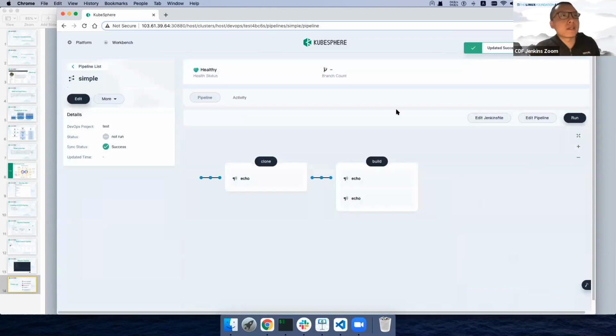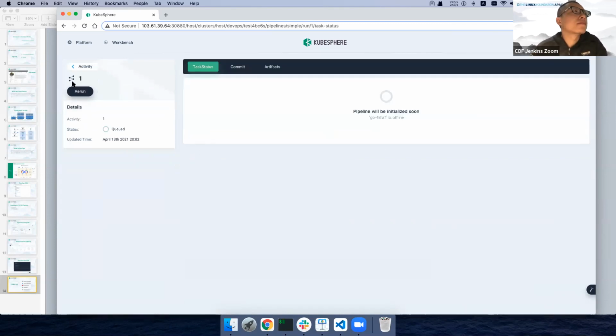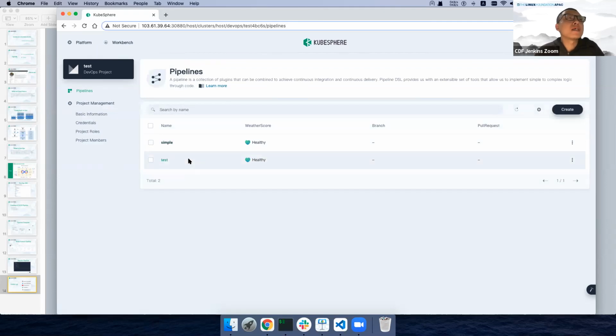Okay, this is graphic pipeline editing and then regular pipeline editing. So once you click the run button, it will start a Jenkins agent. Actually, it will be a Kubernetes pod. So another one is